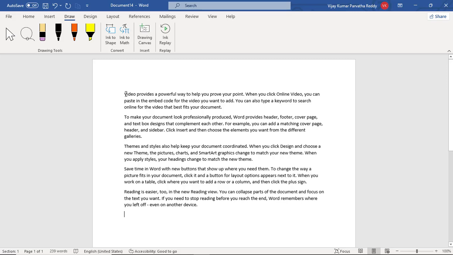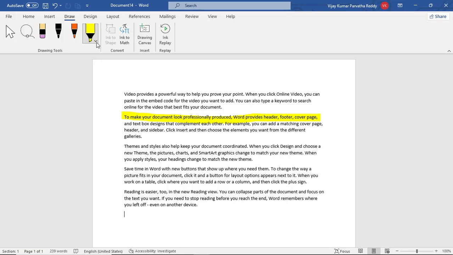If you want to highlight some text in this document, the text highlighter is available, and see, by default the color is yellow. Suppose you can highlight the text like this,